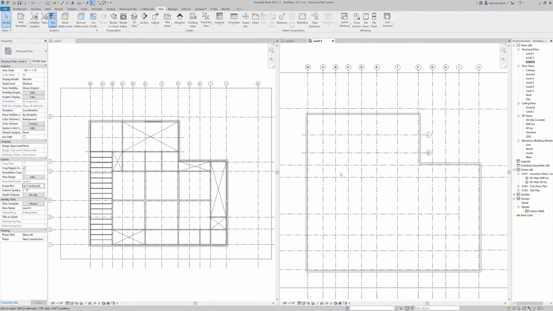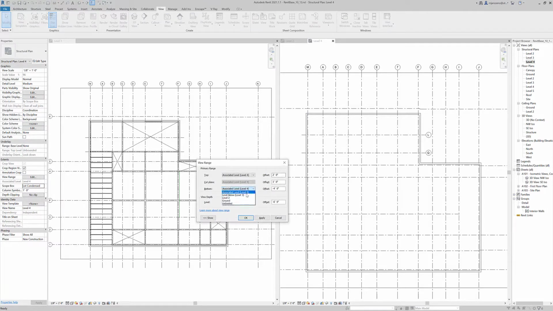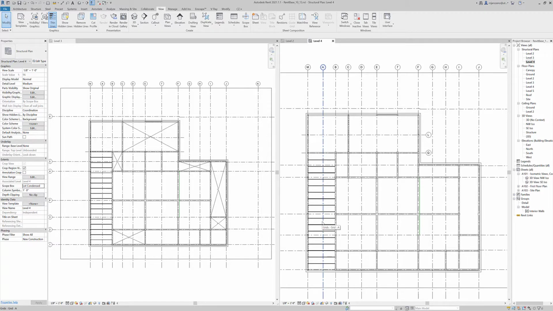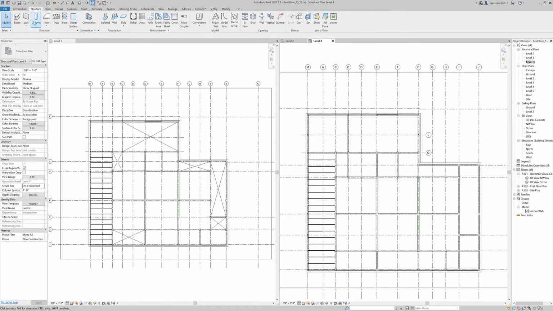But what I can't see here is where all the columns are, which is kind of annoying. So what I would recommend doing is, if you're going to follow this method, type VR and change the bottom to the level below, and change the view depth to the level below as well. And what this will allow you to do is you can see all the way down to the floor below. We're going to have to change this later, but let's go to structure, and I'm going to make a column here,